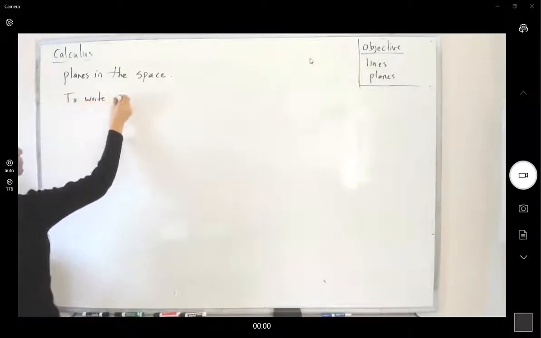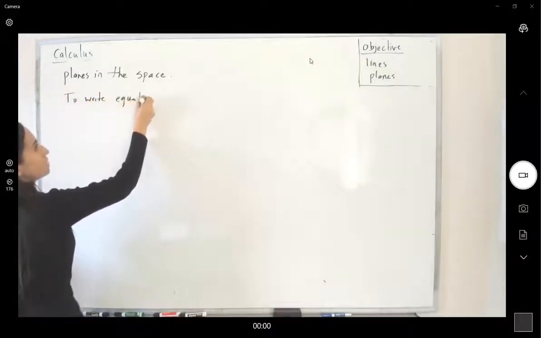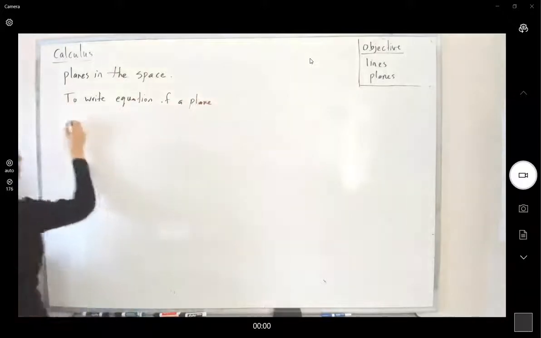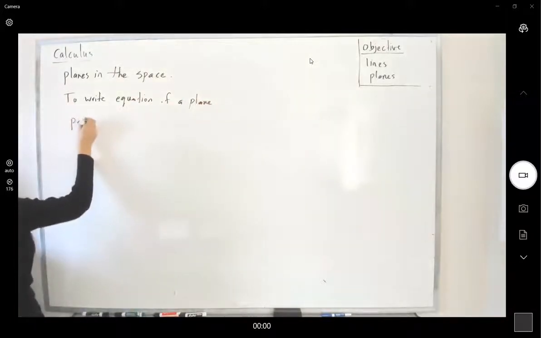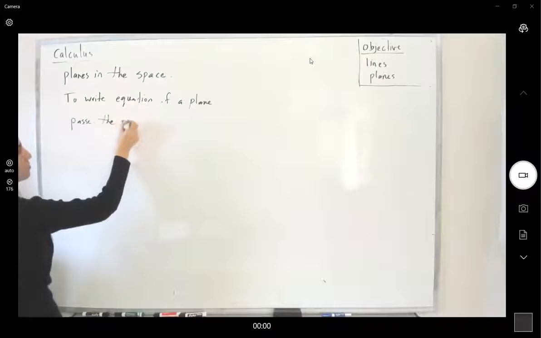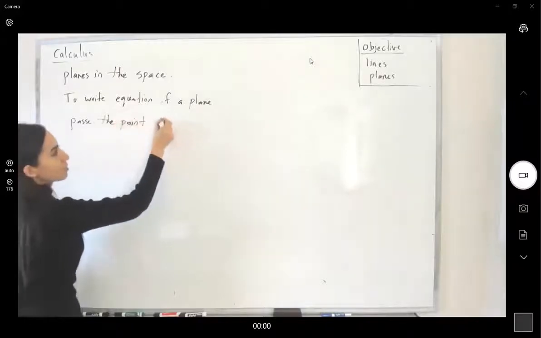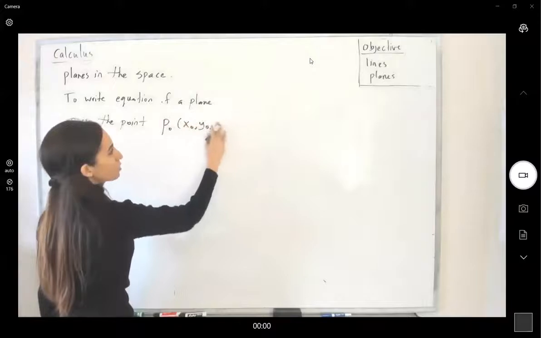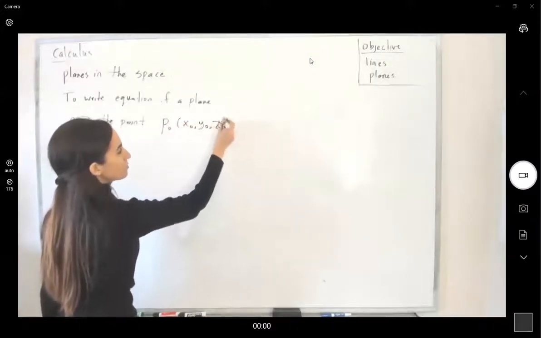So to write the equation of a plane that passes through the point P sub 0, x sub 0, y sub 0, z sub 0,